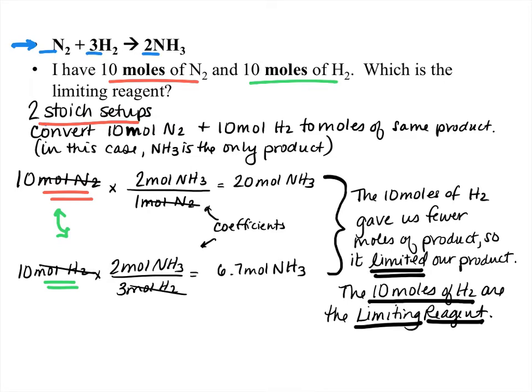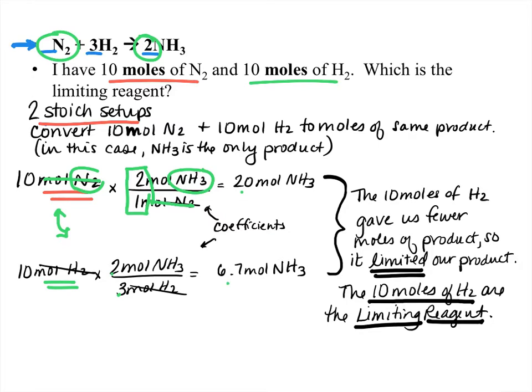So first I'm going to take my nitrogen and convert it into moles of ammonia. And again, the way that I convert moles of substance A into moles of substance B is by using the coefficients from the balanced equation. So moles of nitrogen cancel out, moles of ammonia stay put, I multiply across, and I get 20 moles of ammonia. Now I'm going to do the same thing for the hydrogen using the ammonia and the hydrogen's coefficients from the balanced equation. So this math would be 10 times 2 divided by 3, which gives me approximately 6.7 moles